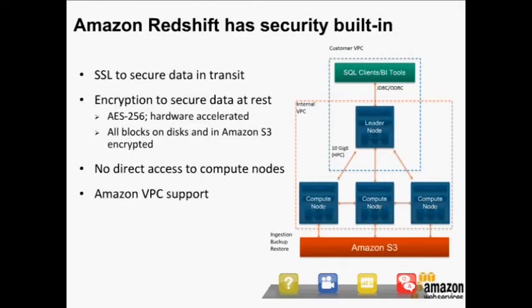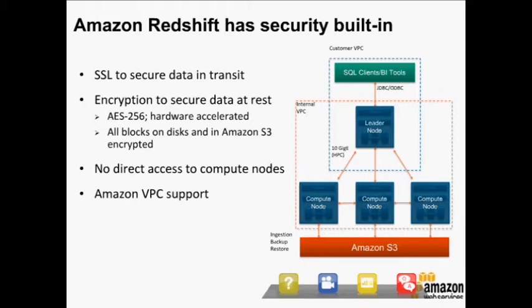Importantly, Amazon Redshift has security built in. You can encrypt your source data in S3 using either server-side encryption or your own encryption keys. When you transmit that data to Redshift in parallel using the copy command, all of that data can be secured using SSL in transit. And most importantly, when your data is at rest in Redshift, we use hardware-accelerated AES 256-bit encryption to encrypt every piece of data in Redshift. So all blocks on disk in Redshift and on Amazon S3 can be encrypted end-to-end, from at rest to in transit